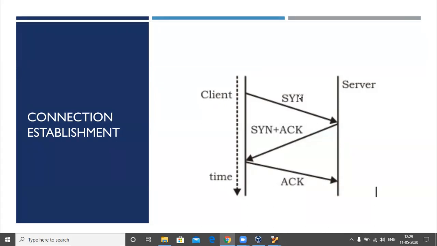So in a real-time example, you and your friend are trying to communicate. You wave your hand, that is your SYN packet. He also waves back, saying hi. So the acknowledgement is him actually seeing you, and communication going on between the eyes. Now I don't want to go further than that. And then he waves you back, that is his SYN request. And then there's a connection establishment. It's that simple.